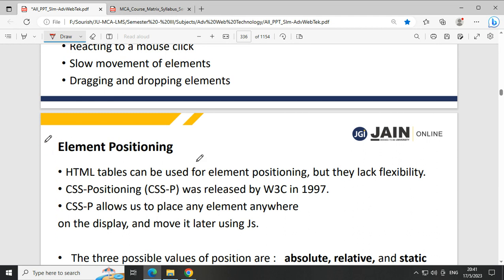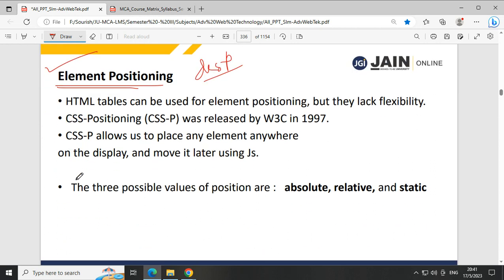See this element positioning, it is important। इन बिटवीन मेरा नेट खो गया था। No problem, recording is there। थैंक यू।